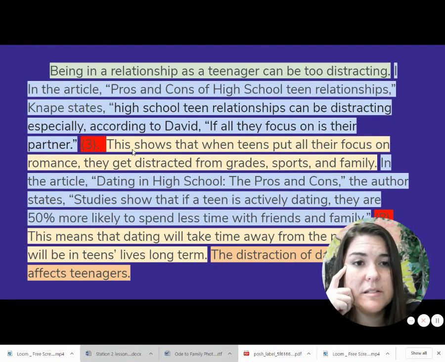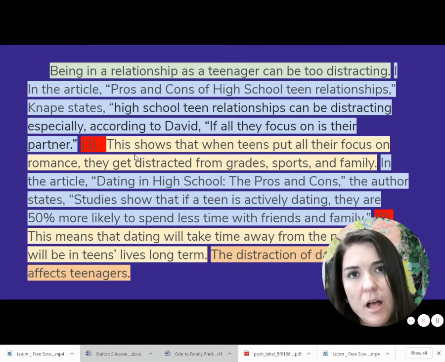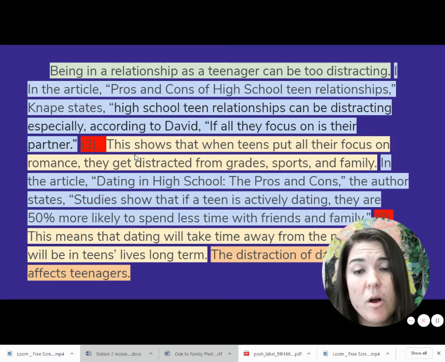Being in a relationship as a teenager can be too distracting. That's my topic sentence. Everything after that should support it. In the article, Pros and Cons of High School Teen Relationships, Nape writes, and Nape is the author of that article. Sometimes it's important to include both the article name and the author. Nape states, high school teen relationships can be distracting, especially, according to David, if all they focus on is their